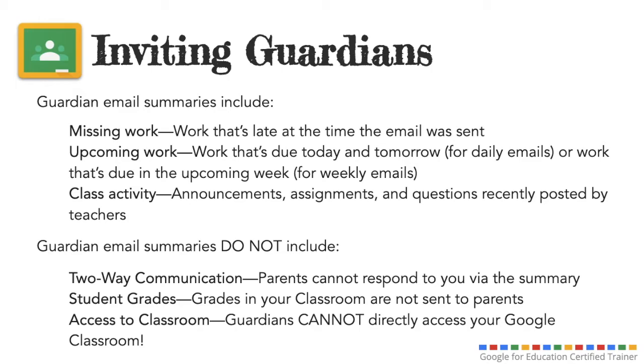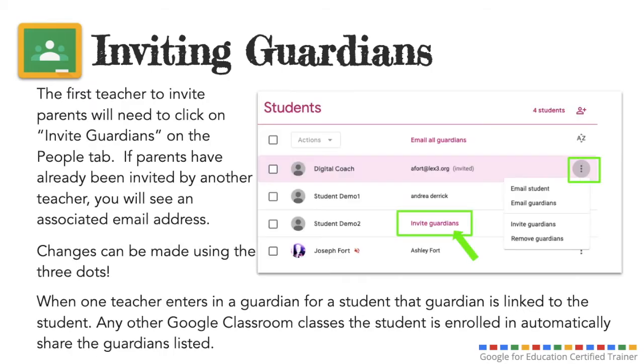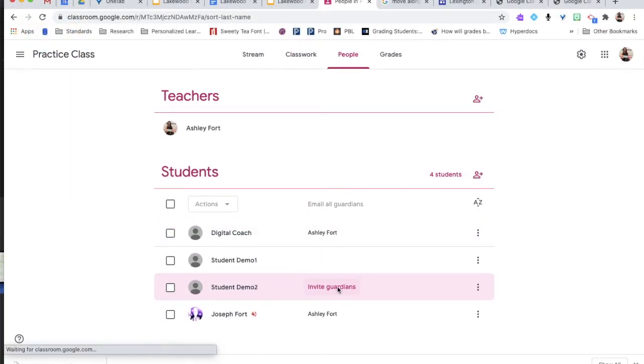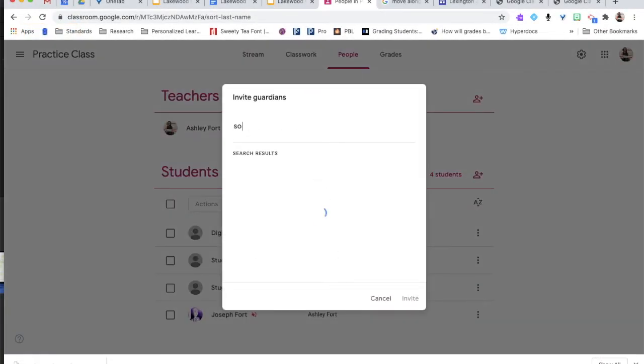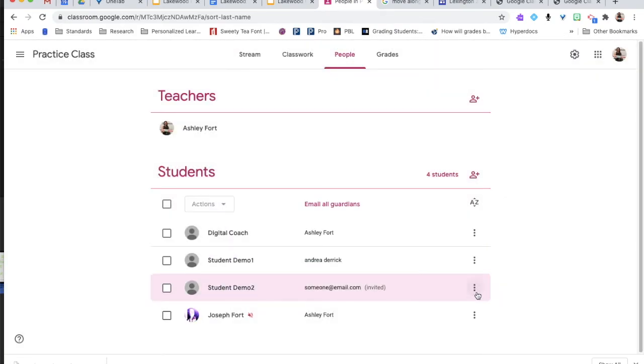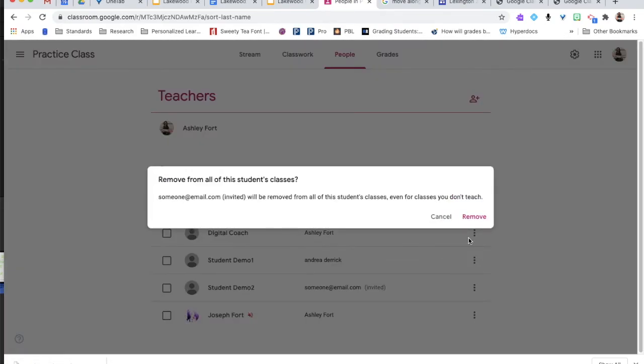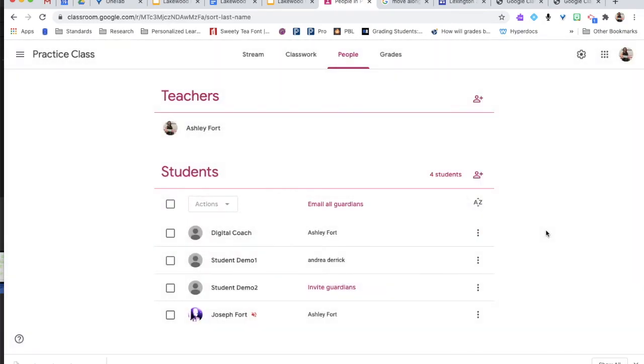They are only receiving a summary via email. The first teacher to invite parents will need to click on Invite Guardians on the People tab. If parents have already been invited by another teacher, you will see an email address. Changes to the parents that you have invited can be made using the three dots, including removing